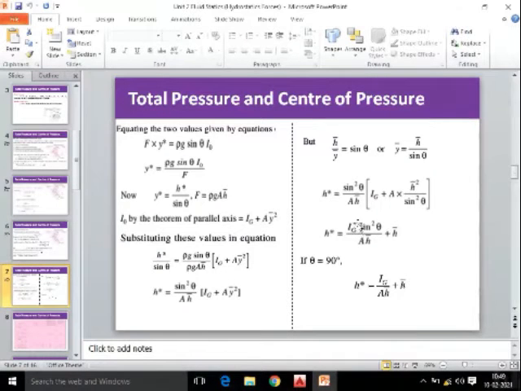Here this Ig represents the second moment of area, also known as moment of inertia. Theta is the angle made by the given plane with the liquid surface, A is the area of the surface and h bar is location of center of gravity from liquid surface. Again we had seen one special case, when the plane immersed is vertical, that means theta equals 90 degree. So here sine 90 is 1, and the formula is modified as h star equals Ig upon A h bar plus h bar.